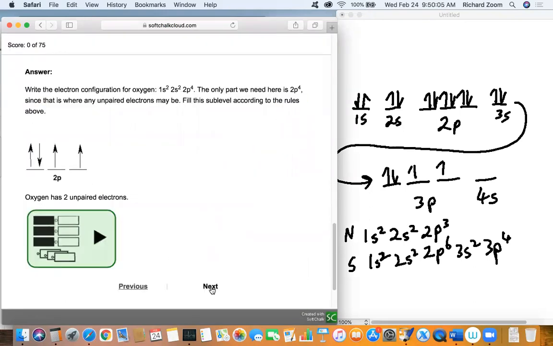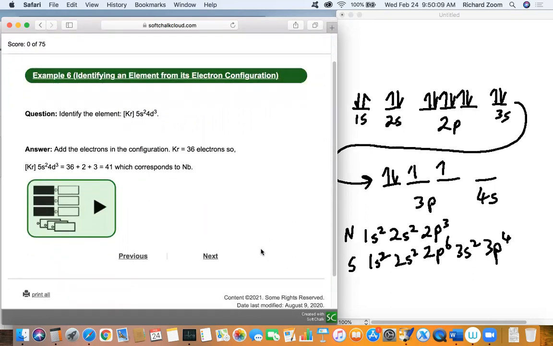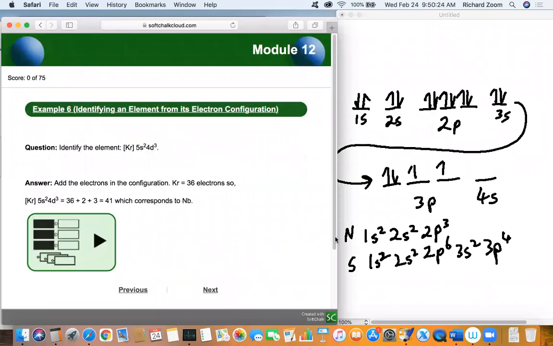So that's what we were just talking about with the unpaired electrons. Now, identifying an element based off its electron configuration is pretty easy. If you wanted to do [Kr]5s²4d³, all you would need to do, I'll go back to